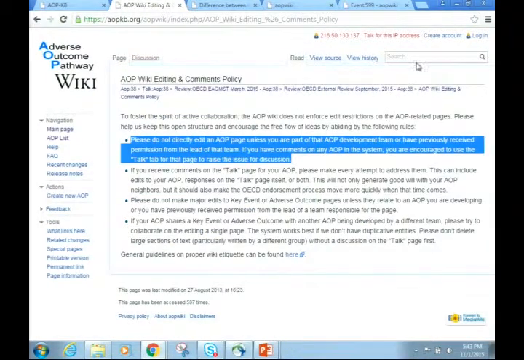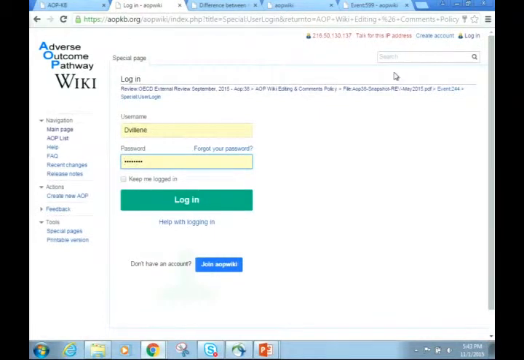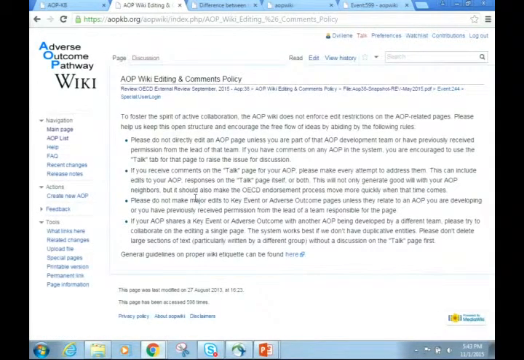Comments. So for that, I'm going to go back over here. I'm going to log in, but as I mentioned before, for commenting, you mind if I just log in as you? All right. I'll comment on one of your AOPs. How about that? I was going to say, I'll comment on one of your AOPs so that you'll know. Okay, so what you see now is that, actually, I logged in as Dan, so he could edit anywhere. If you were logged in as a non-author, you would only be able to edit the discussion pages.